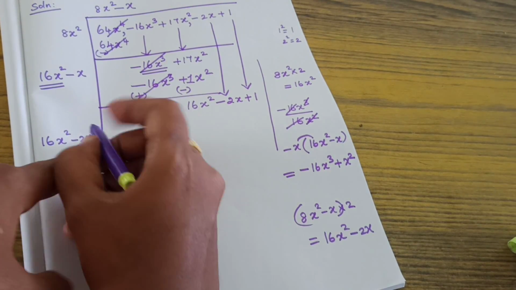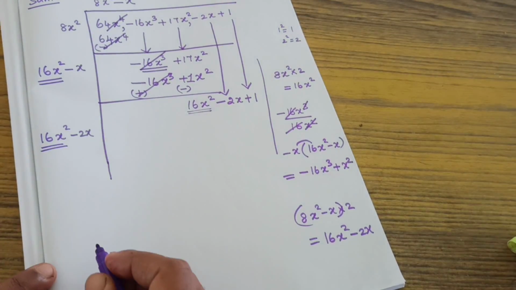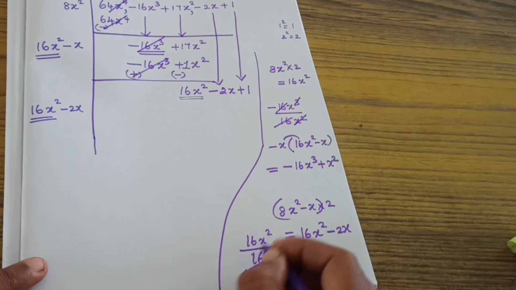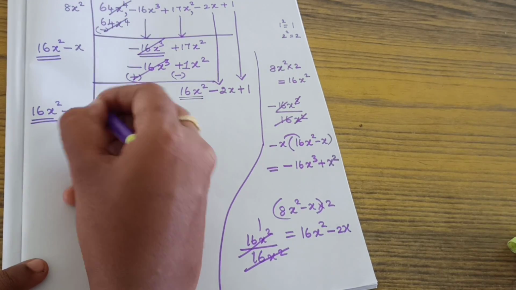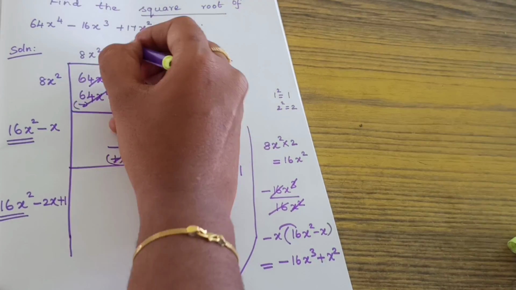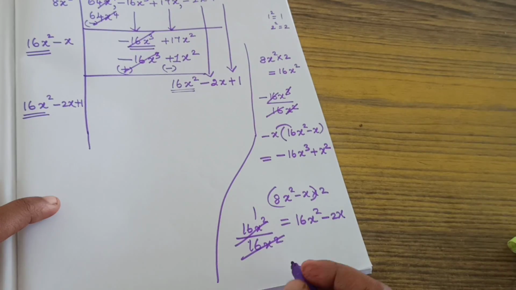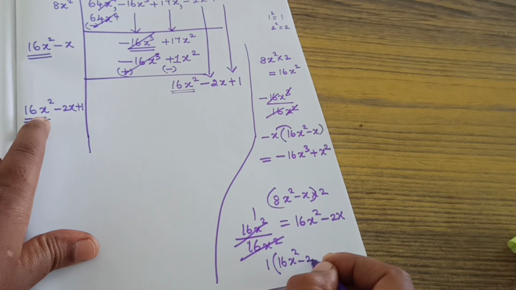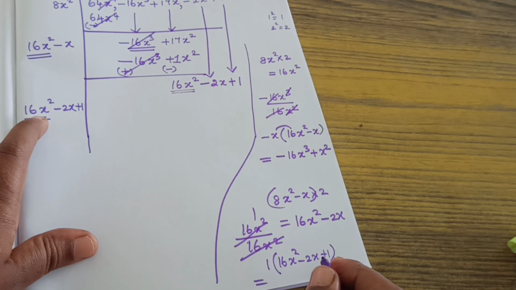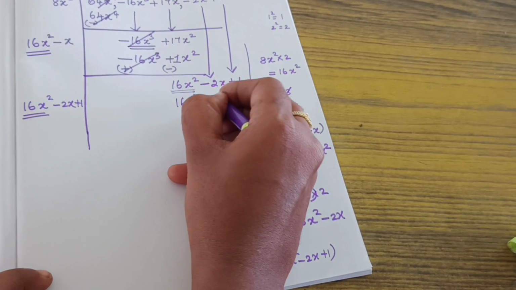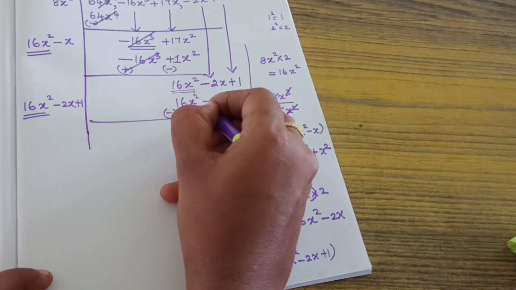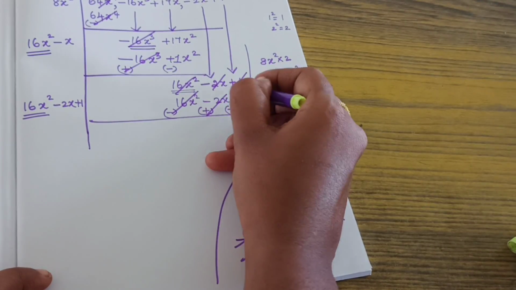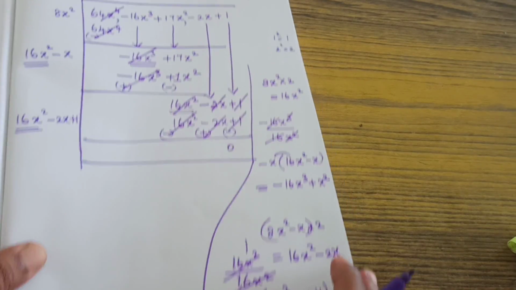How can we write the next? This term, first term divided by first term. So, 16x square, these are all rough work only, by 16x square. So, cancelling we will get 1. So, plus 1, 2 places you need to write, don't forget, here and here. So, now what is the answer? We got the last answer, this 1, no? So 1 into this full term. 16x square minus 2x plus 1, which is equal to 1 into the number, the same number only, no? So 16x square minus 2x plus 1, then minus, here plus, here also minus. Change of sign and all the 3 terms get cancelled and we are getting 0 as the remainder.